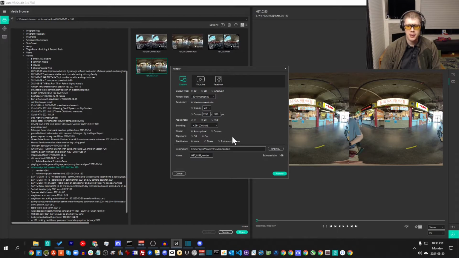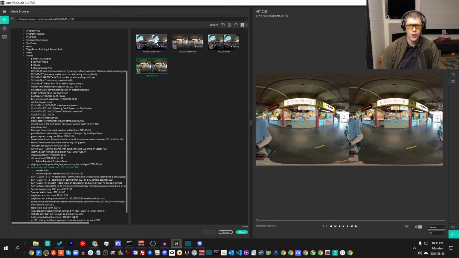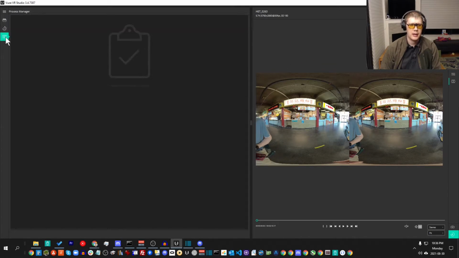Under the settings, the only thing you need to change is change the bitrate to custom and drag the slider all the way to the right. So you have 120 megabits. This is the maximum amount. And then also turn on alignment. And if you've captured this video handheld using a stabilizer, definitely turn on shake and horizon. Choose your destination folder and just click render. And then once it's rendering, if you go over to this tab, the Process Manager, you'll see the file here,